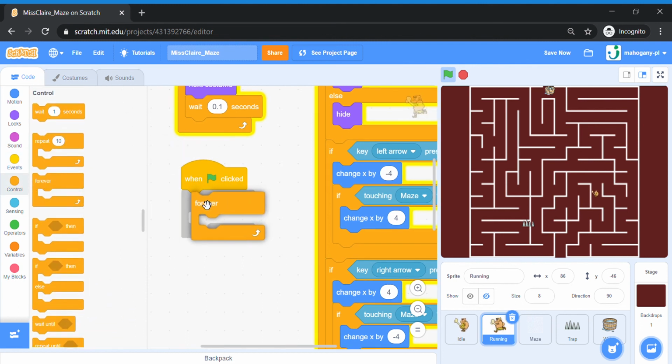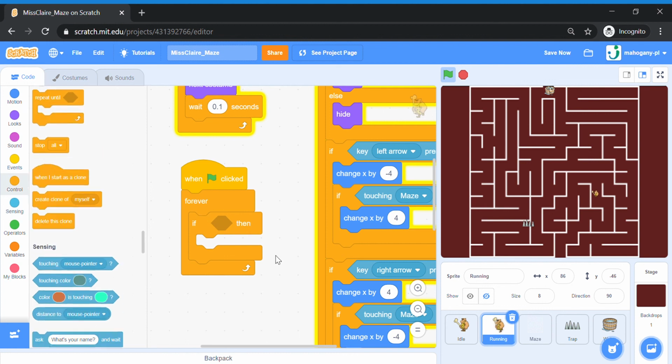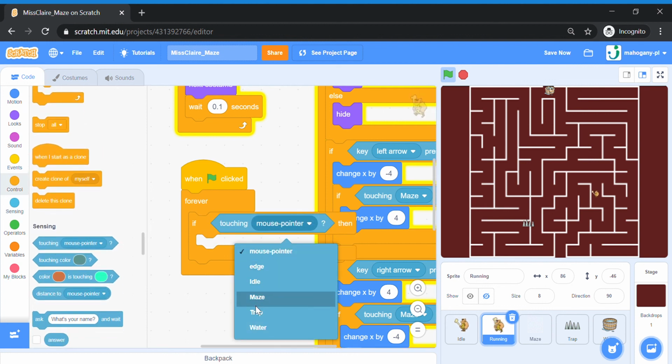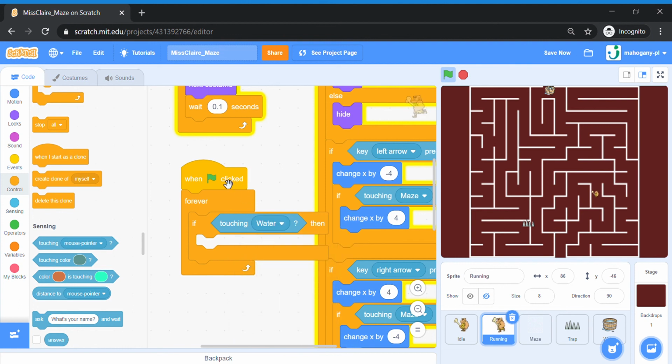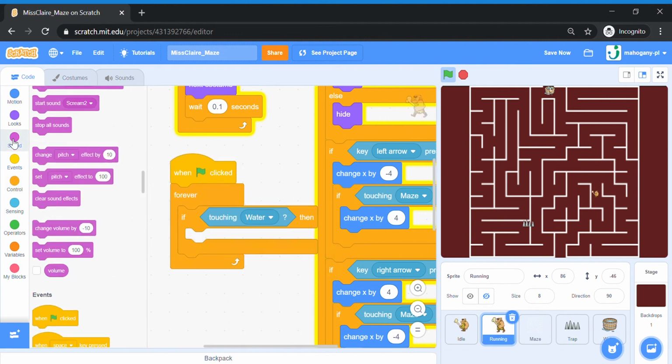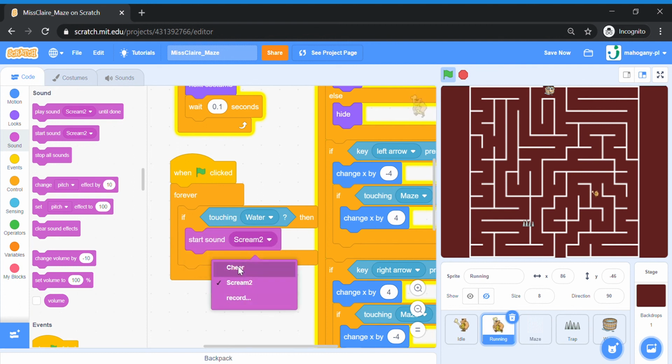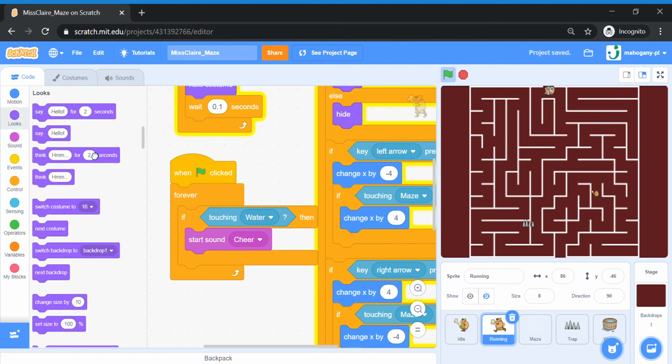forever, if my caveman running is touching the water sprite. So if sensing touching water sprite, okay, we are going to play a sound. So I'm going to pull out a sound block first. So start sound. Okay, you will notice that I don't have a cheer sound. Oh, I do have a cheer sound. Okay, I'm going to add the cheer sound in. Start sound cheer. And I'm going to say yay